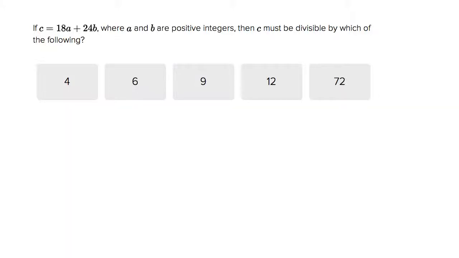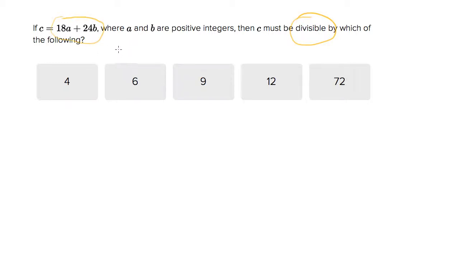This is the Real Tom Rose, and we're dealing with a divisibility question, right? Because they mention the word "divisible by," and they give you kind of a complicated construct. So a and b are positive integers, so this quantity, which they're calling c, must be divisible by which of